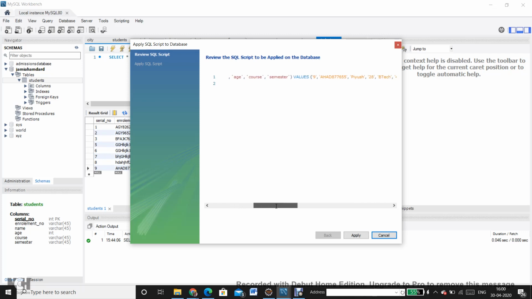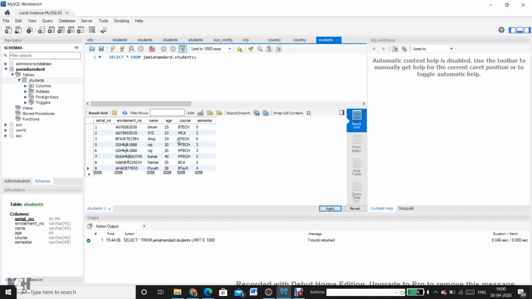These are the fields, and then the values: 9 is the serial number, then the enrollment number, the name, the age, the course and the semester. Let me copy it to be used the next time, and I apply it. Okay, so till now we have inserted 9 records, right?